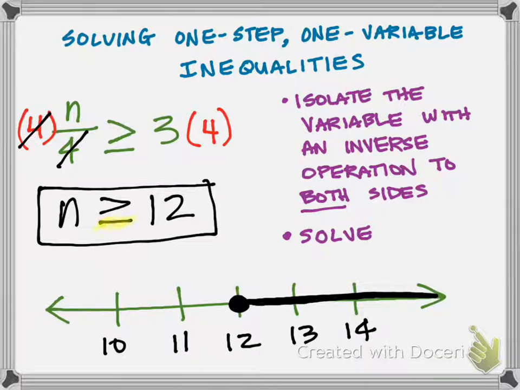The hint here is that if it's got that little equal to, then we're going to color in the dot right there. If we don't, then it would be an open circle, like another example I might show you here in just a minute. Let's solve